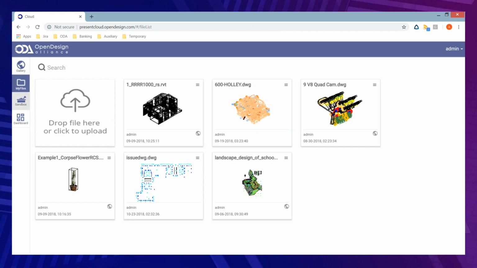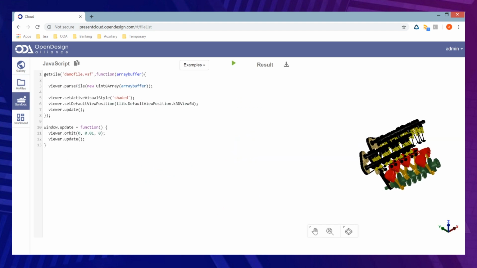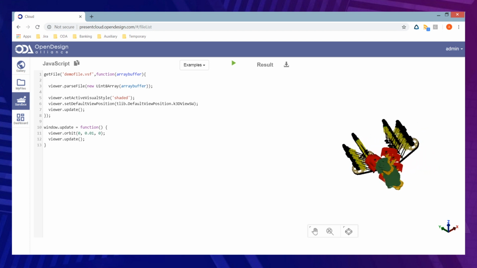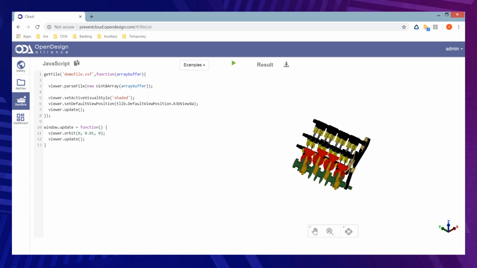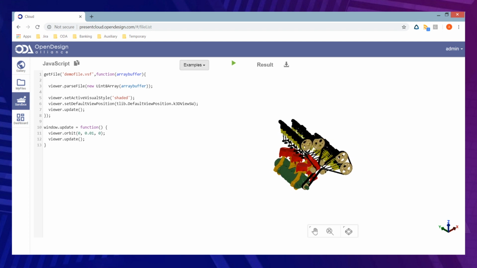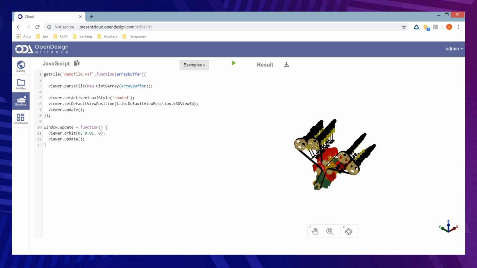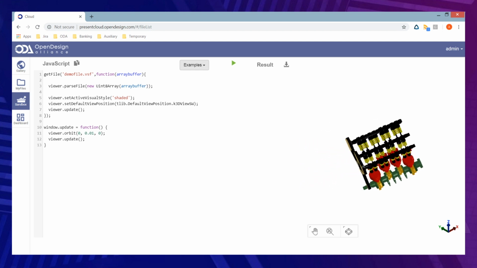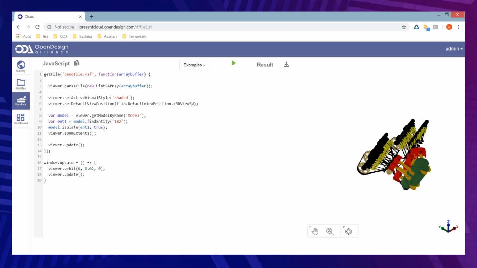And here I want to show our next demo. We named it a sandbox because you can see that on the left side there is an online code editor, and on the right side you can see the result of such code. Here we just download a file, open it, switch the visual style, and with a few lines of code add a simple animation. So you can see it's quite easy and quite fast.